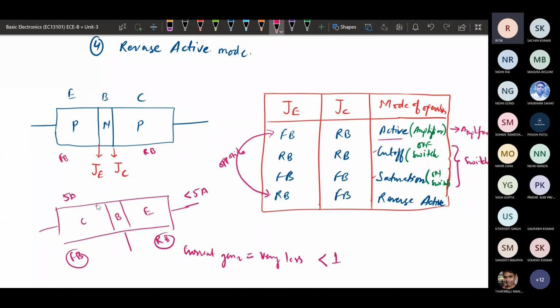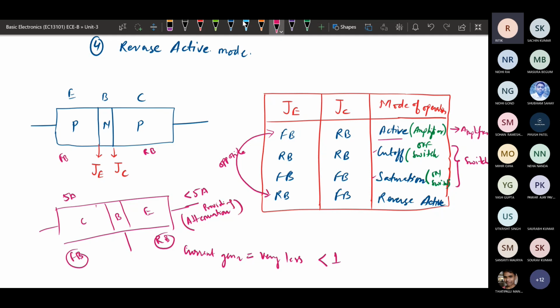So it is going to reduce the strength of whatever input we provide. That means it is behaving like an attenuator, providing attenuation.